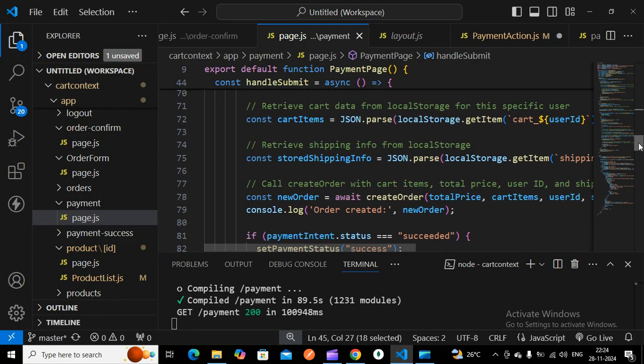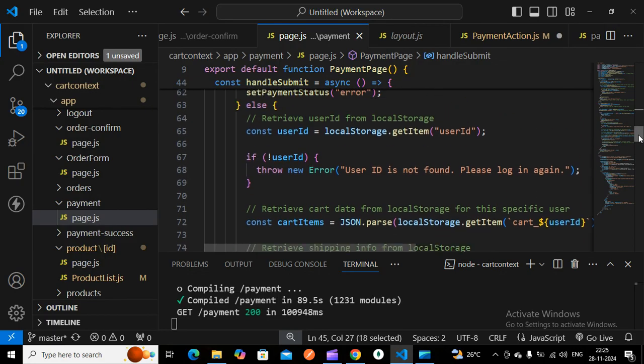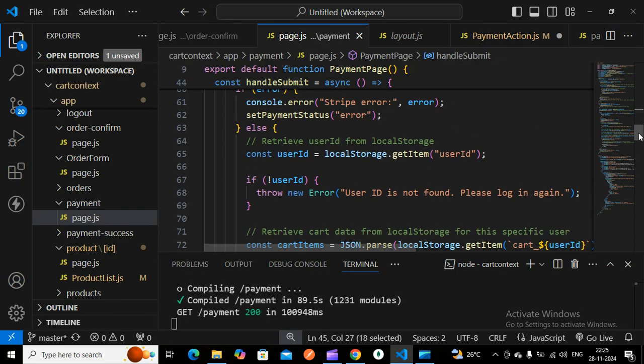So here we are going to do something else. Once I click the submit button, I have to store the cart information, the shipping info of that particular user, and the user ID, everything in the database. So you have to get the user ID from the local storage.